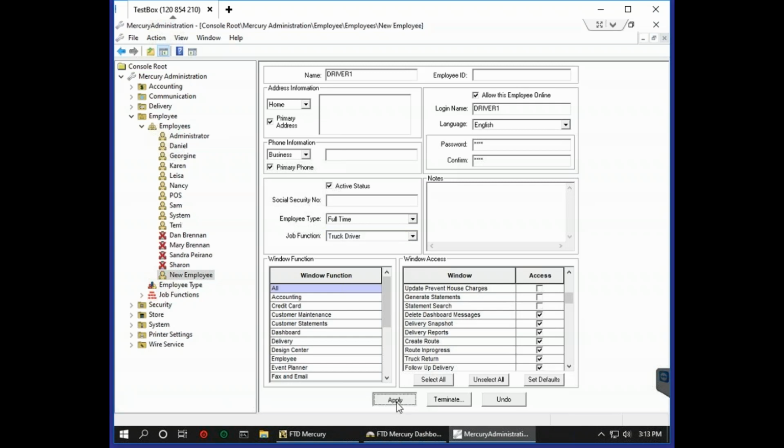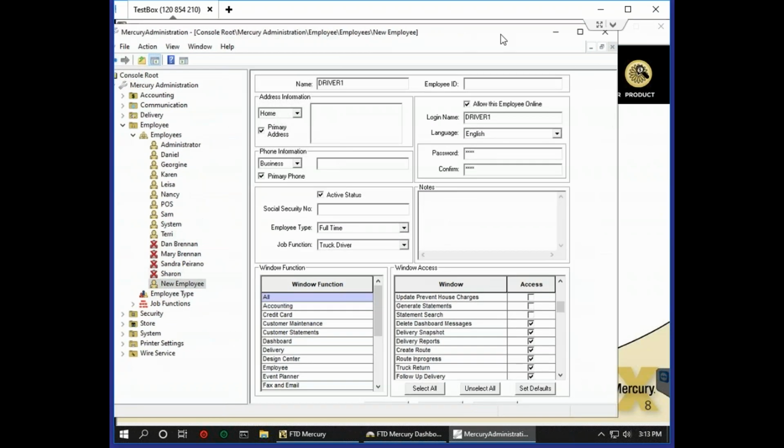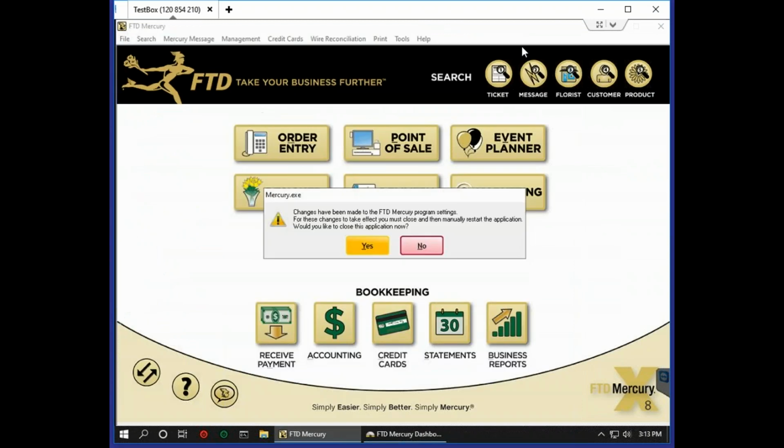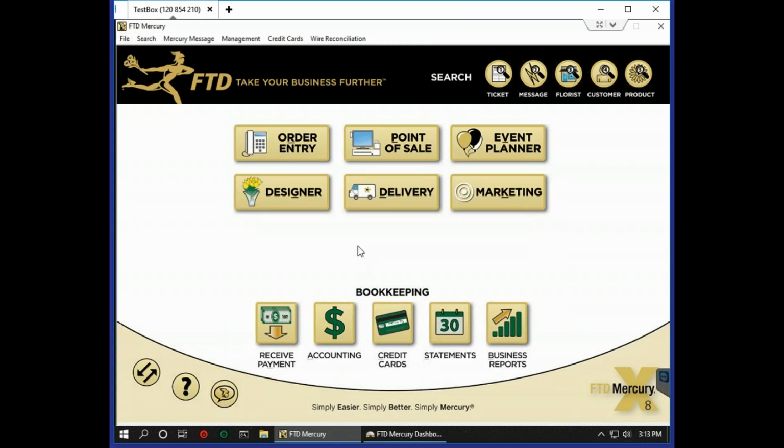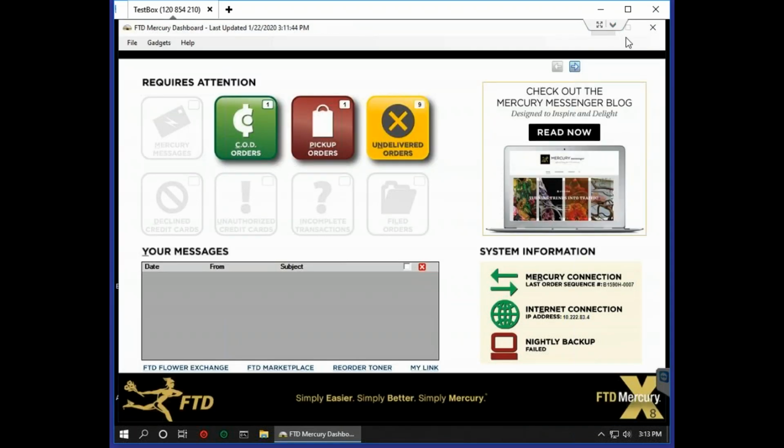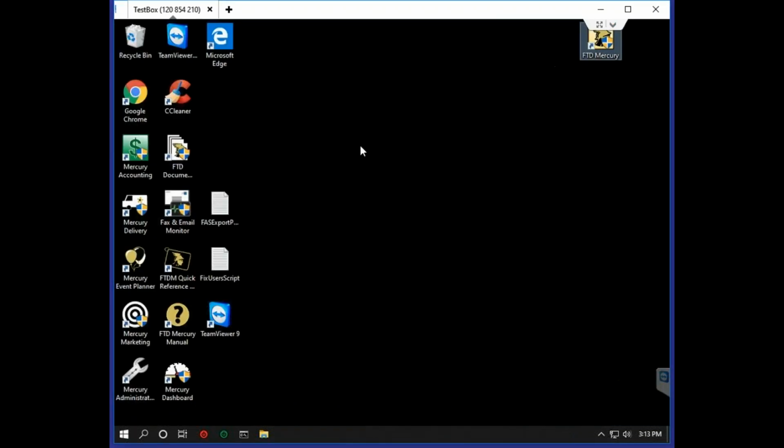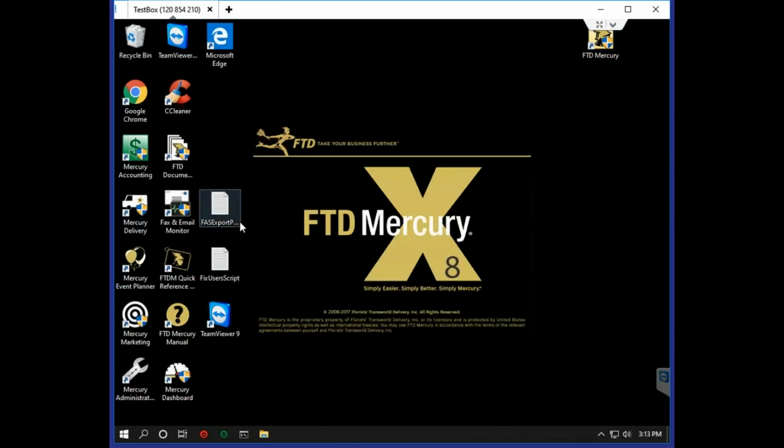And then once you do that and you click apply, they are now part of your employees, and you would have to close everything, and then a little message here says, hey, you've made changes to your Mercury system. You have to close Mercury for it to take effect. And you say yes. Let me get out of the dashboard because that pops up. And once you log in,